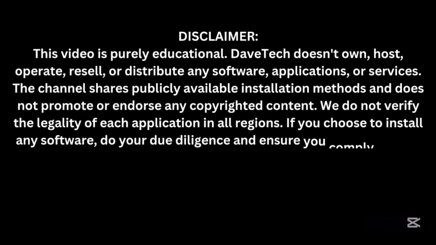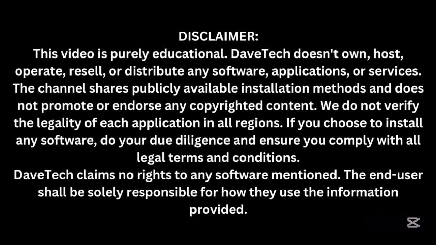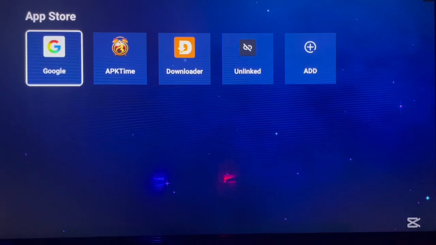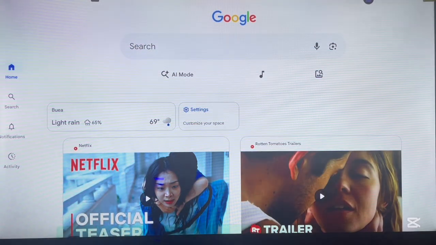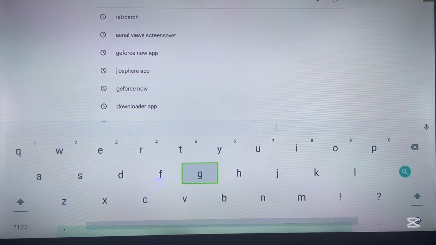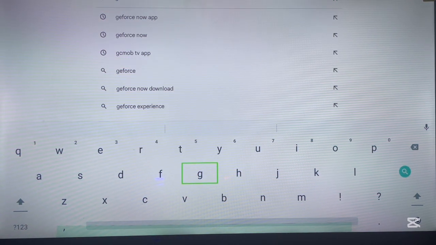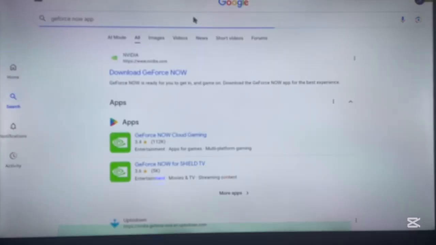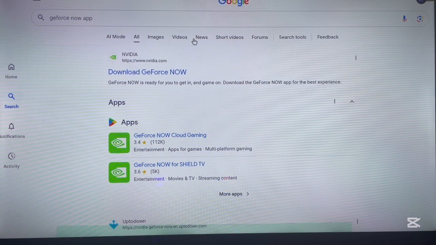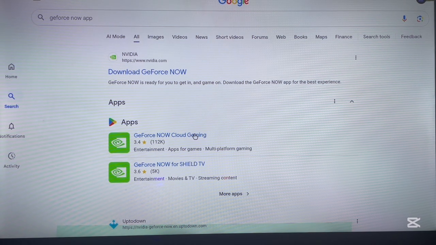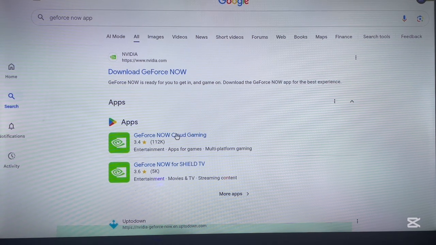So if you own an Android TV, here's exactly what you should do to install the GeForce application on your Android TV, even if you don't want to use the Google Play Store or even if you don't have it. So what you have to do, go back to your browser and just type in the name of the application, which in this case is the GeForce app. Now this GeForce app is for the streaming app, the gaming app, or the GeForce Now cloud gaming. So this is it. There are other GeForce apps, but the one we're looking for in this video is for cloud